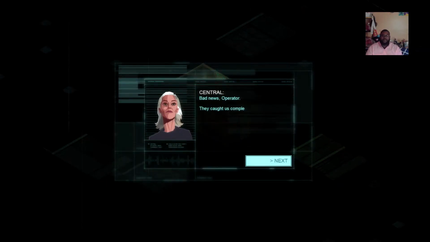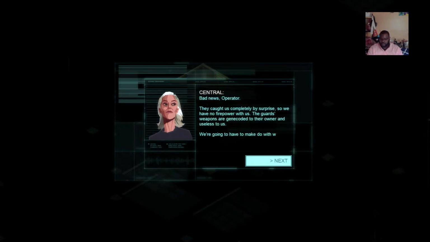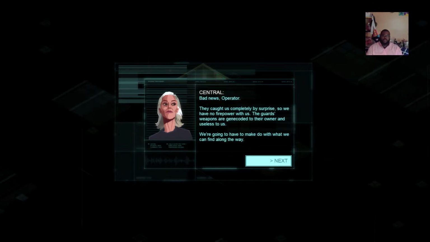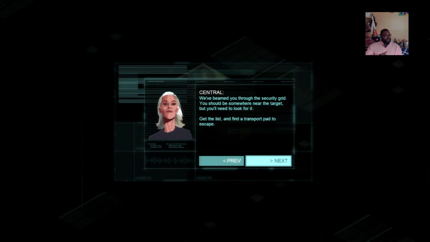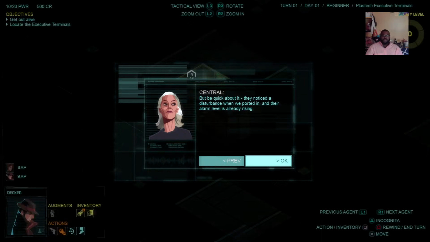Alright, I got 2 operatives now. They caught us completely by surprise, so we have no firepower with us. The guards' weapons are gene-coded to their owner and useless to us. We're going to have to make do with what we can find along the way. We beamed you through the security grid. You should be somewhere near the target, but you'll need to look for it. Get the list and find a transport pad to escape. But be quick about it. They noticed a disturbance when we ported in, and they're...